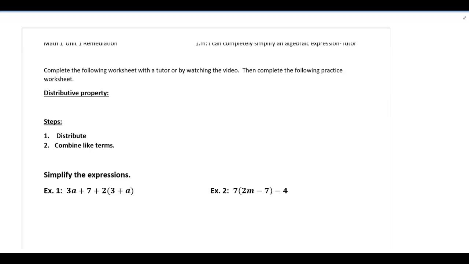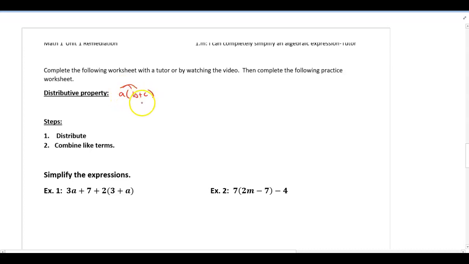Math 1. This video is on standard 1.m, which is completely simplifying algebraic expressions. So before we get into completely simplifying, the first thing we're going to review is the distributive property. And if I'm given something such as A times a quantity B plus C, in order to simplify this, I